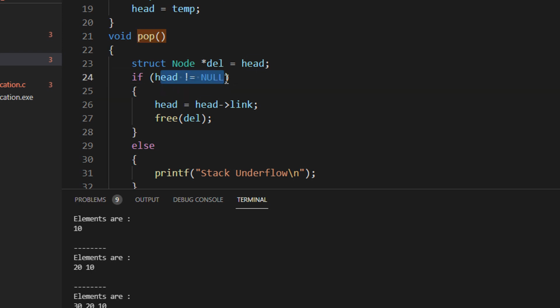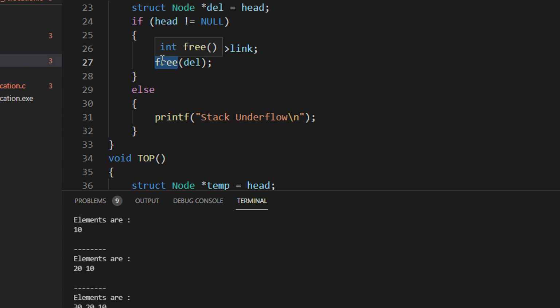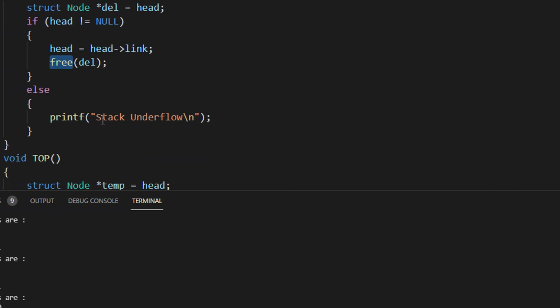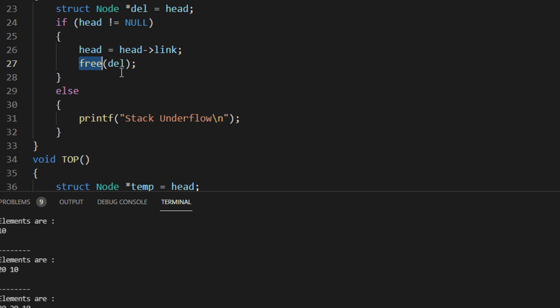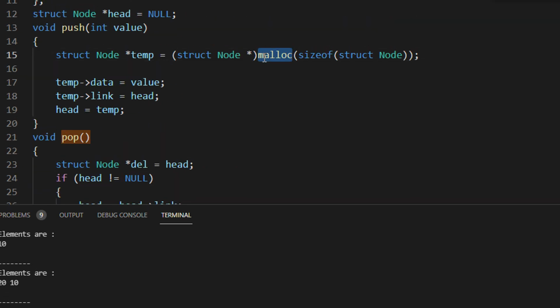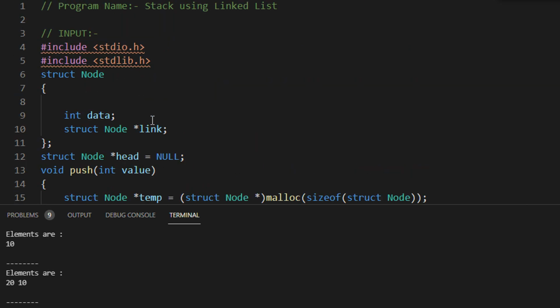Because it may happen that the stack, or the linked list, is already empty. Else we do a free here. In this case you actually lose the value of the element, because you are freeing a node using a dynamic mechanism. For malloc you are allocating memory, and for free you are freeing the memory. So it's just a simple implementation.